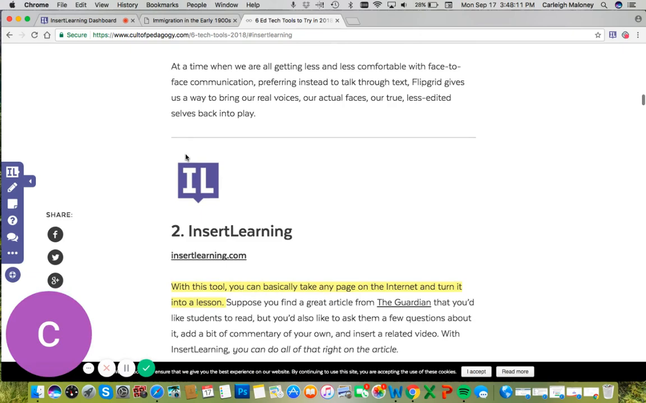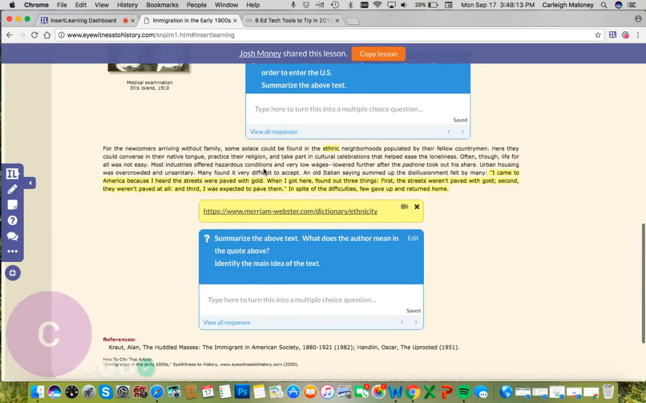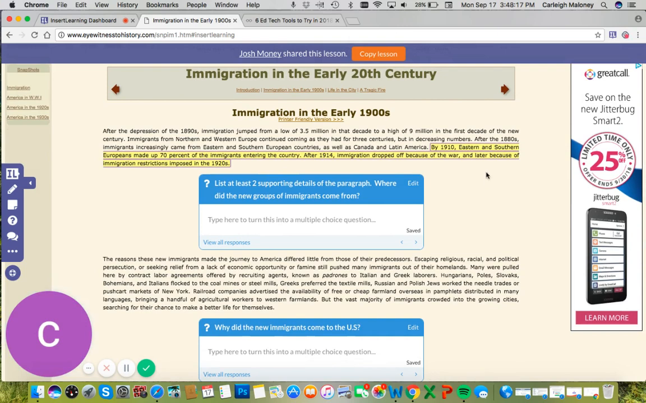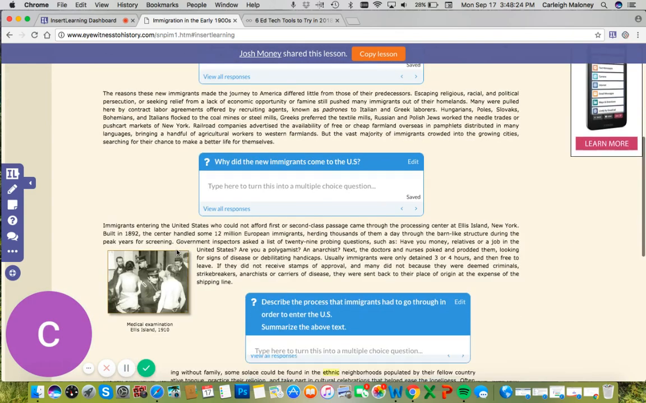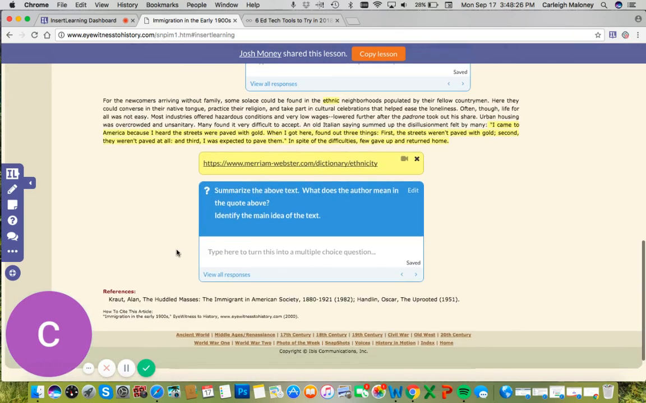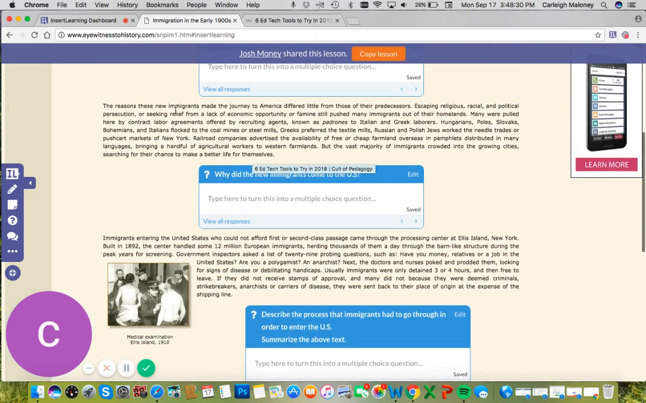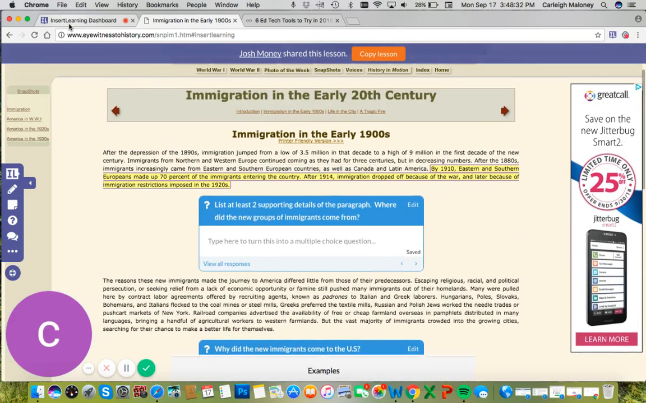So here is an example of one another teacher did, just so you can see what it looks like when it's complete. This is what their students would see. Here's the highlighted text, their comment. Here's discussion questions. And what's really cool about each of these is their responses will all populate into your dashboard